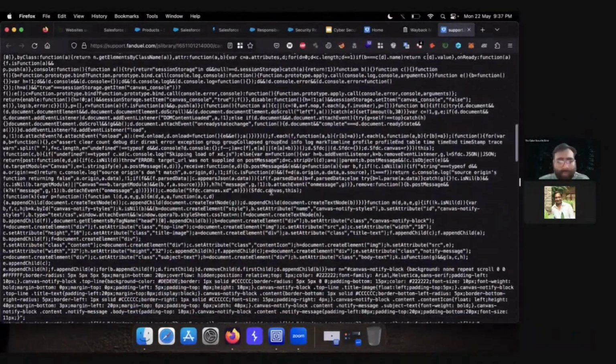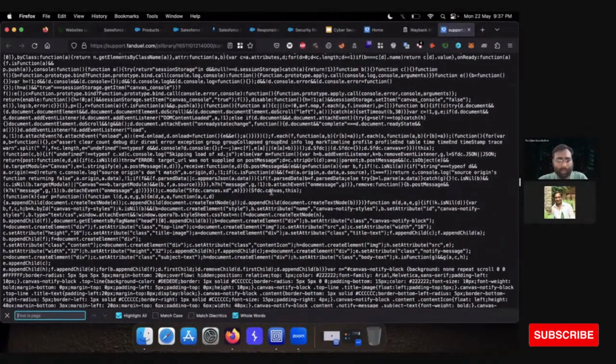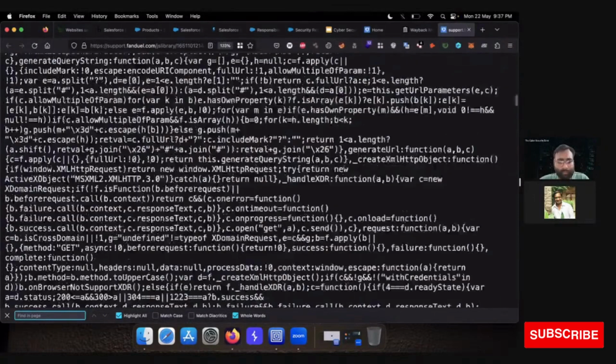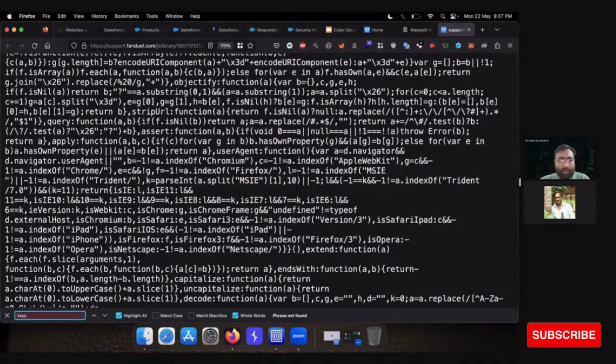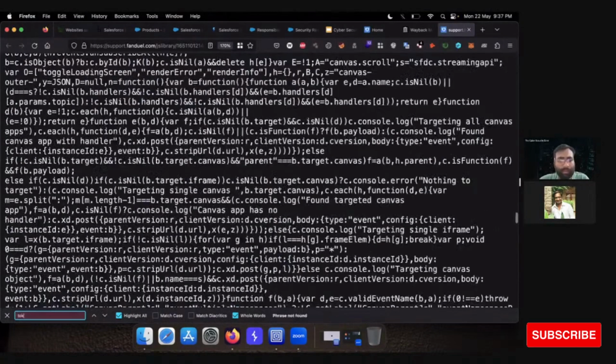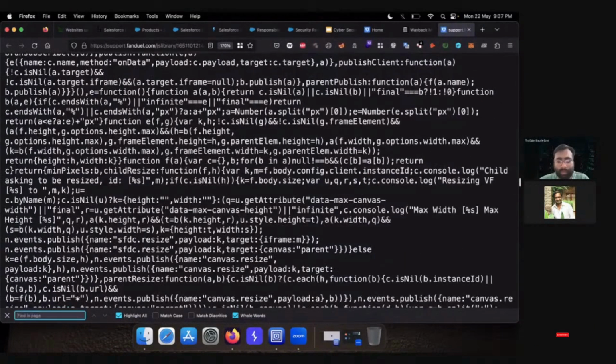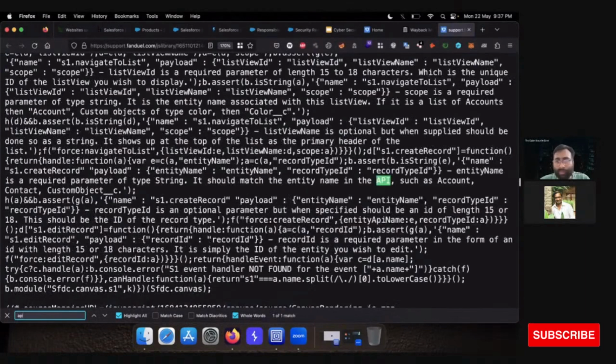So you need to analyze it and search for password in this JS. Password is not present. You can search for keys. Keys are also not present. Tokens are not present. We have API, but not any key.